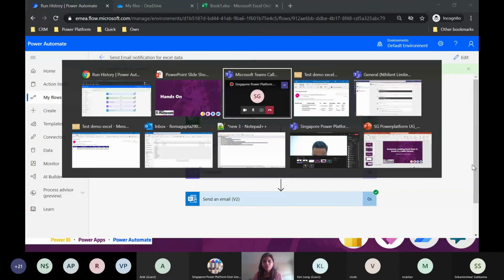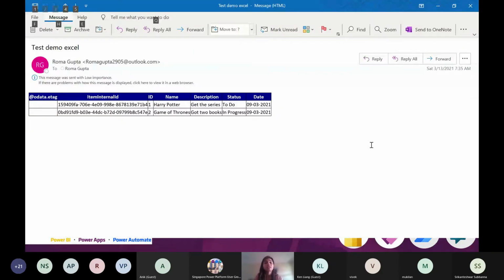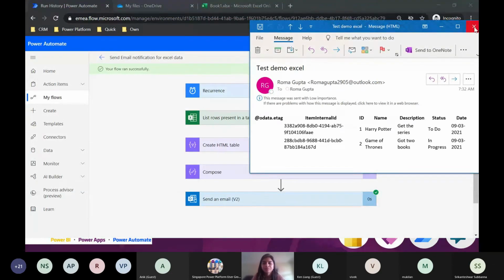Okay. We were on the email. So we clearly see the difference in the email body that has come across. And if you're wondering if we can add a little text before or after the table, we can always do that, and we will see when the flow is finally created. Let us also now remove those extra columns that we don't want. I will show you two ways of how to do it. Now let me go back and edit it again.